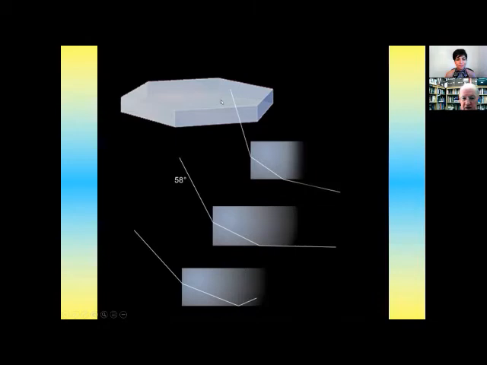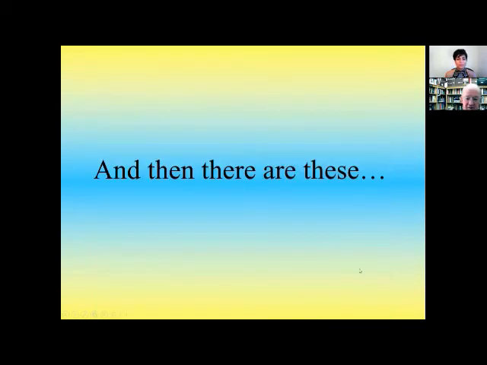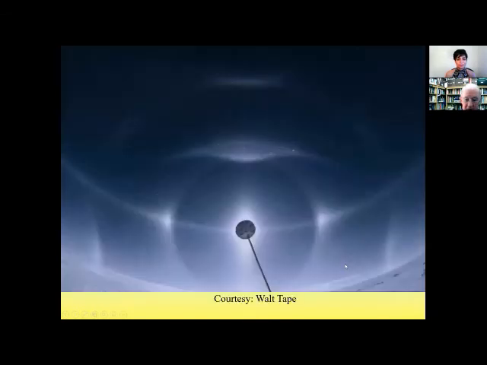Now, here's what's going on. This is a side view of this hexagonal plate crystal. So light is coming from a high sun, refracted through and out. And the observer here, here's your eye, is looking in this direction. And you see a low display. That's the circumhorizontal arc. If the sun is too low, you get something called total internal reflection, and you don't see it. And by reversing the directions, you can see the same cause for the circumzenithal arc. Low sun, high arc. And then there's plenty more.